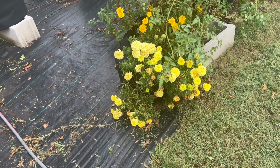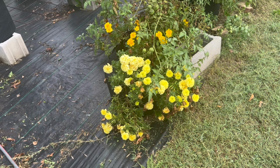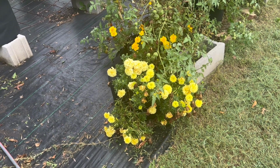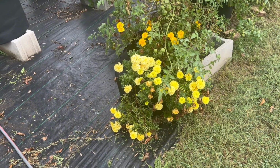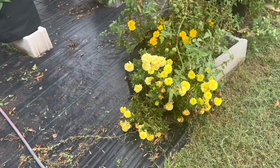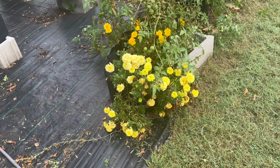The first thing I want to talk about is our marigolds. I realized in my 2025 summer garden tour, I showed them but didn't go into details about them. I was fascinated by how many flowers they could produce. Knowing that, I'm going to be planting them in different containers and placing them throughout the whole garden in the